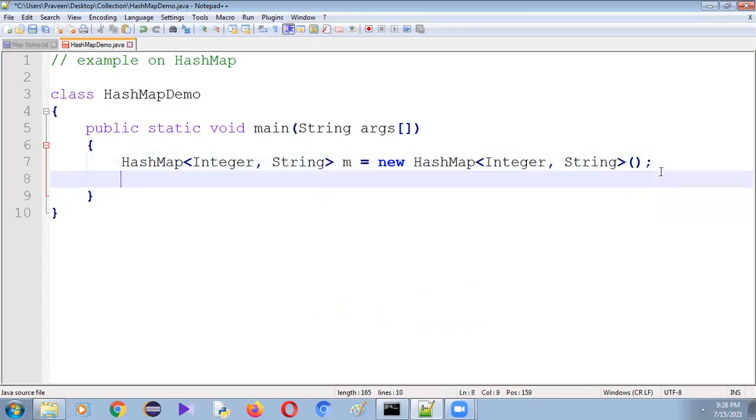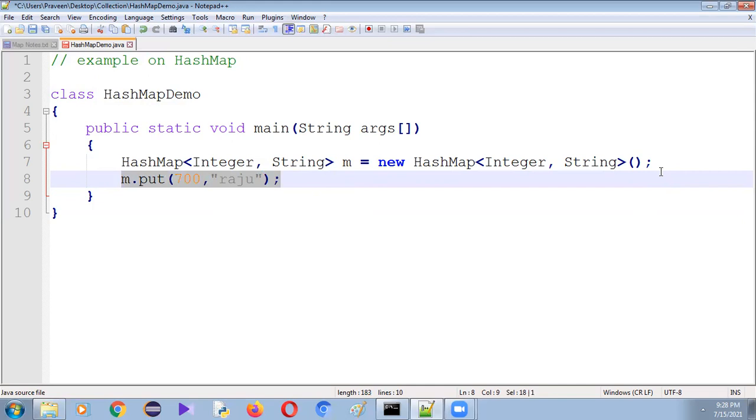Now I want to store some group of keys and values into the HashMap. So we have to use a method called put. Put is used to add one entry or one pair into the map. Let me say employee ID is 700 and employee name is Raju.